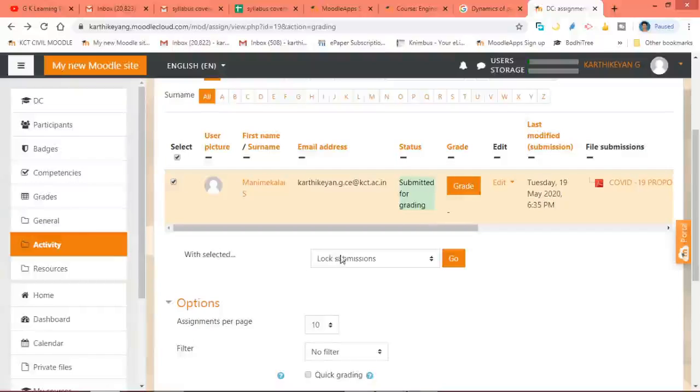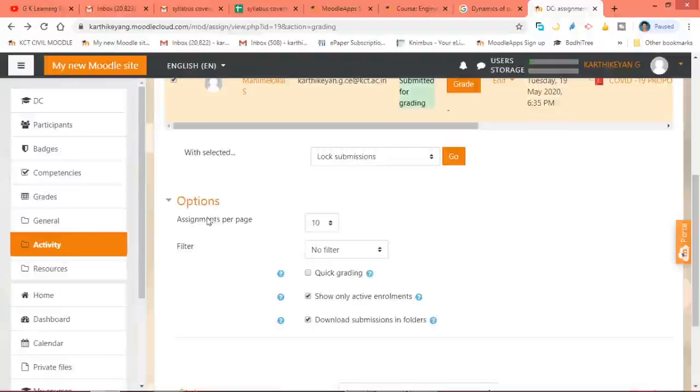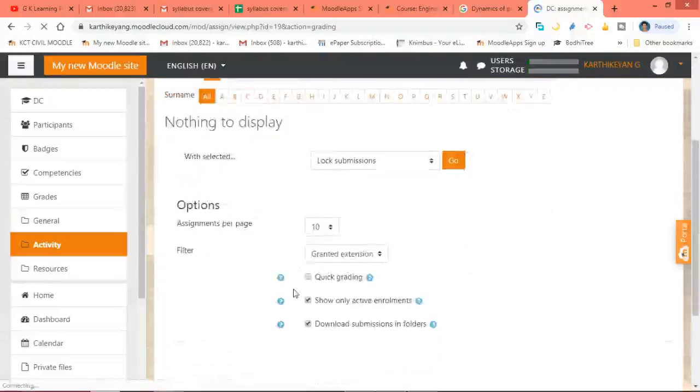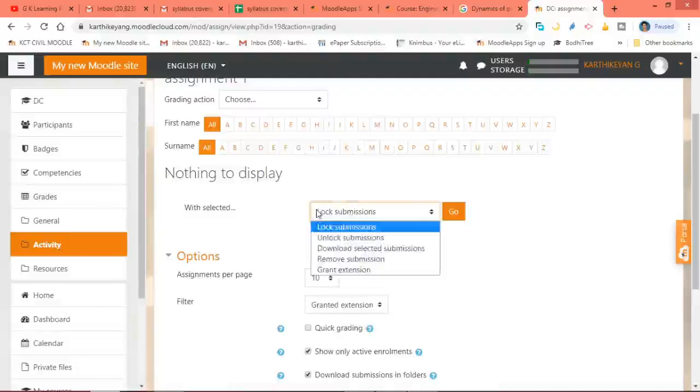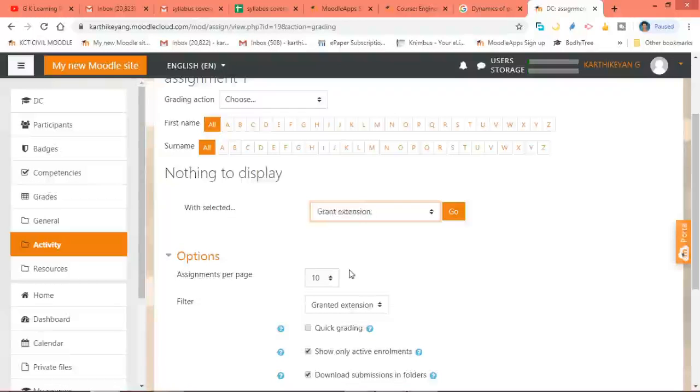After selecting, there is an option here, grant extension. You can give it here with the selected students. I need to grant extension.